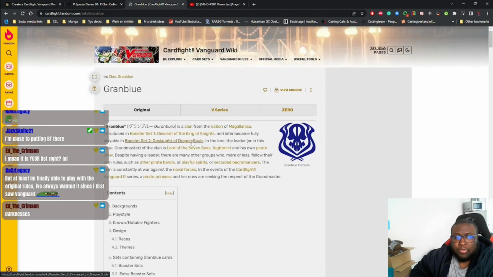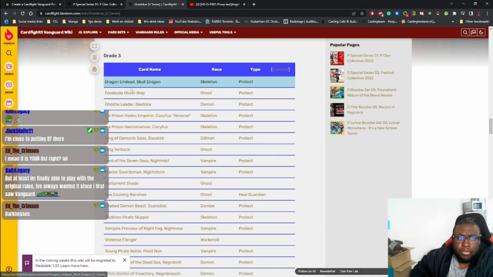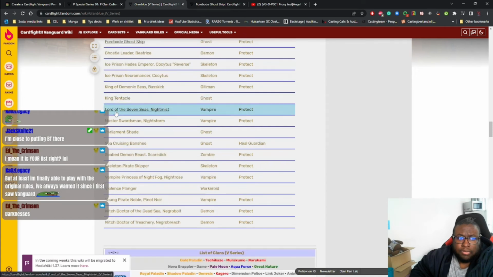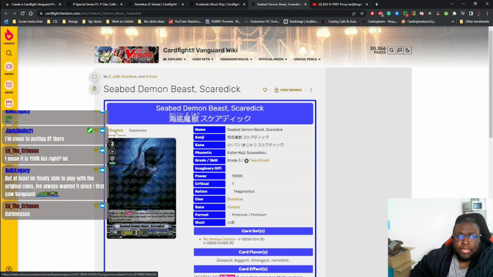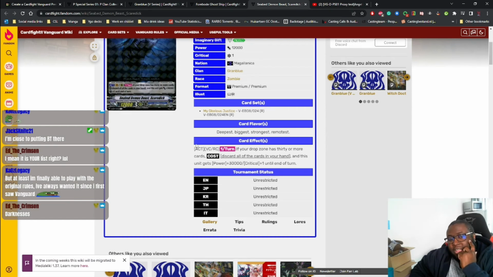So this combo deck that's been going around currently. Where is it? This is grade 3. It's not Skull Dragon. Is it Foreboding Ghost Ship? No, that's not it. Beatrice, Baskirk, King Tentacle. This one here. Seabed Demon Scare Deck. Act. Vanguard Circle, Rearguard Circle. If your drop zone has 30 or more cards, discard all cards in your hand. This unit gets plus 30k until end of turn. So it becomes 42 on its own. And I think there's a combo with it that allows you to...